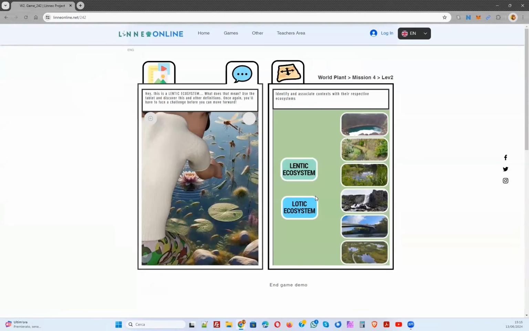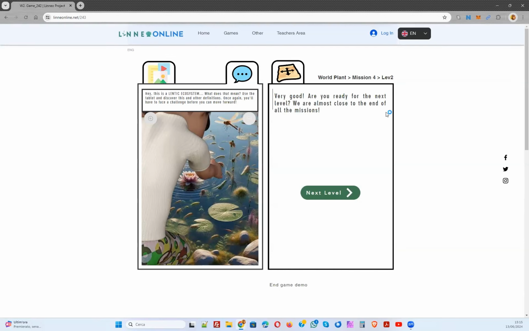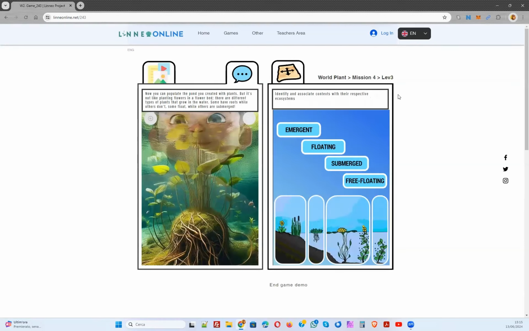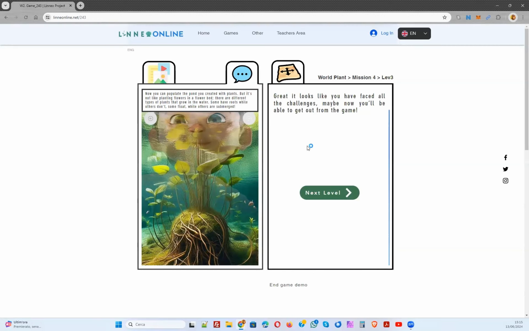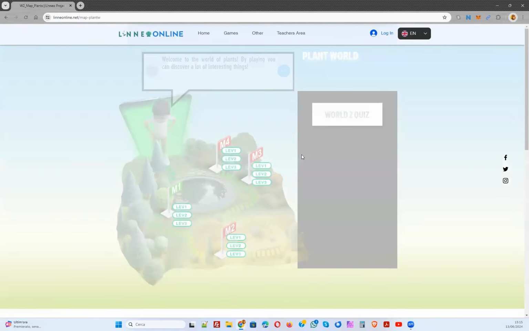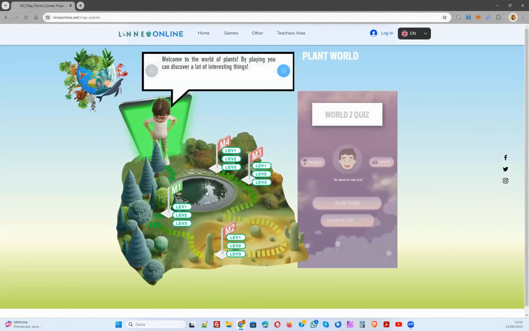Okay, lentic ecosystem. And now we have the last level of the last mission. So I have to connect the emergent plant, floating, submerged, free floating. And so once we finish the last level and the last mission, going ahead, I'm back again on the map